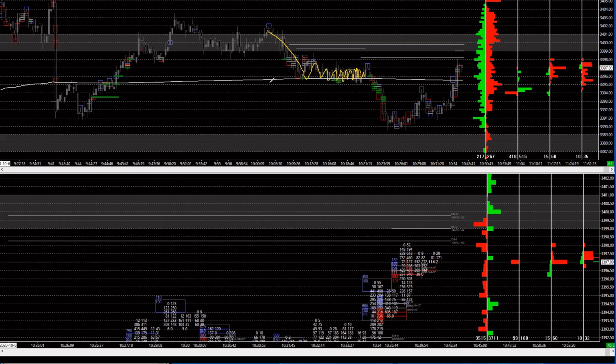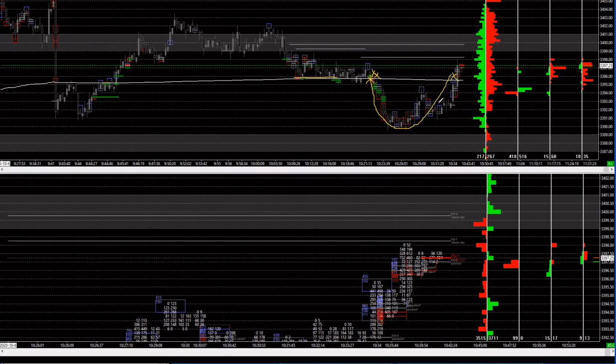So you get a lot of people that think, hey, Willie, look at this. A lot of good support. I'm going to buy it. And so Willie and Johnny and all his fifth grade friends buy it in here. And they rode it all the way down, took a lot of heat, and they probably just scratched it. It's a good exit. Thanks, Willie. But what the key is,